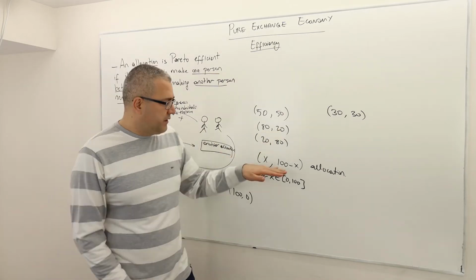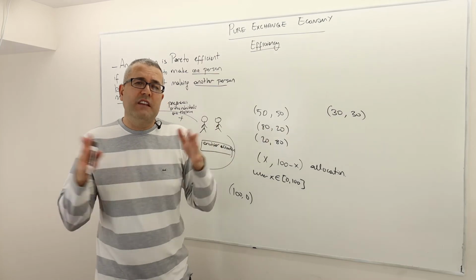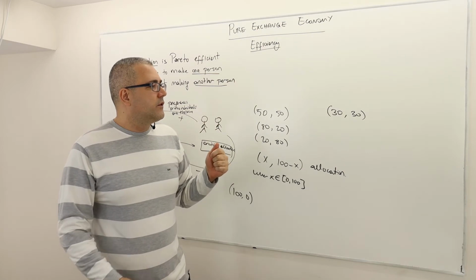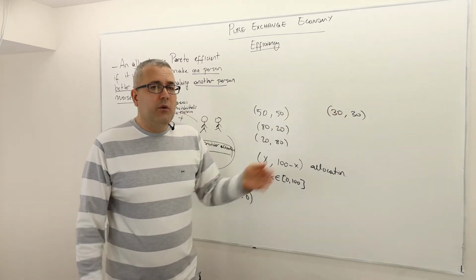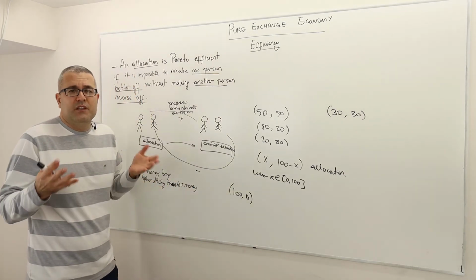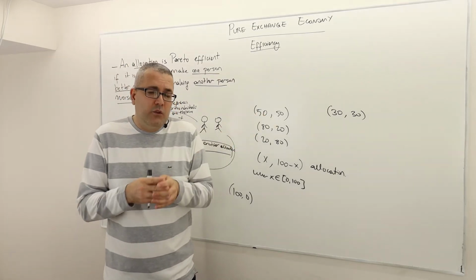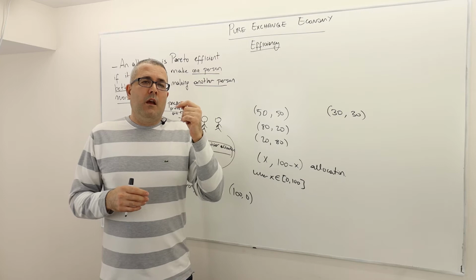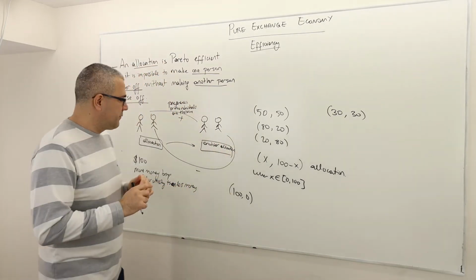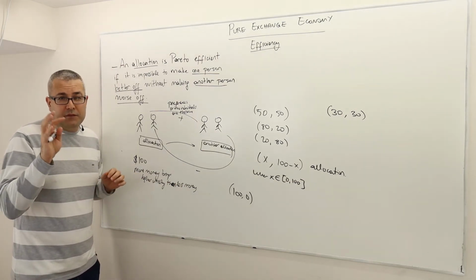So it's not one of those allocations, right? Nevertheless, this is one way of dividing $100 between these two agents, but you might object, well, here the sum is $60. What happened? They had $100, so what happened to this additional $40? Let's suppose they pay this $40 to a homeless guy that they saw on the street, all right? The question is, do they get any utility out of giving money to this homeless guy? That's very important.